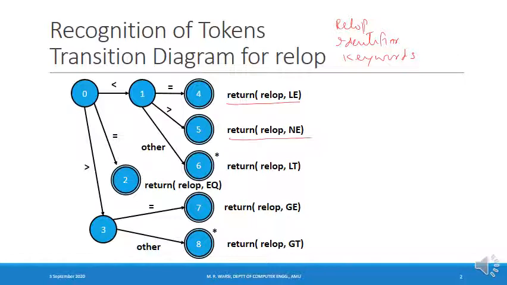In some final states, you may perform some other operation also. For example, when we talk about the finite automata for identifier, we'll see that when we get identifiers in the source program, we also enter their information into the symbol table. So the action for identifier is slightly different from the action for relational operator. So the point is that you will not only design the finite automata, you will also design the action corresponding to the final state.